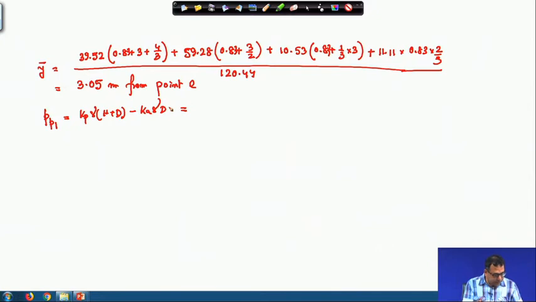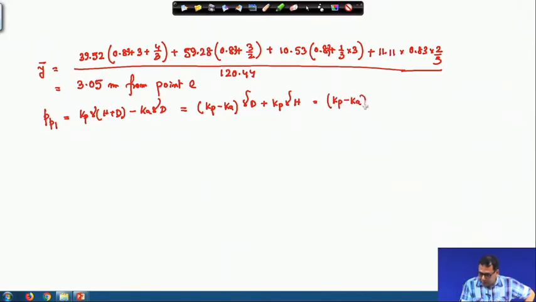So, now if I simplify that, so this will be Kp minus Ka into gamma d plus Kp gamma h. Okay. So, d I can replace with Kp minus Ka, gamma d is capital Y plus a dash, plus Kp